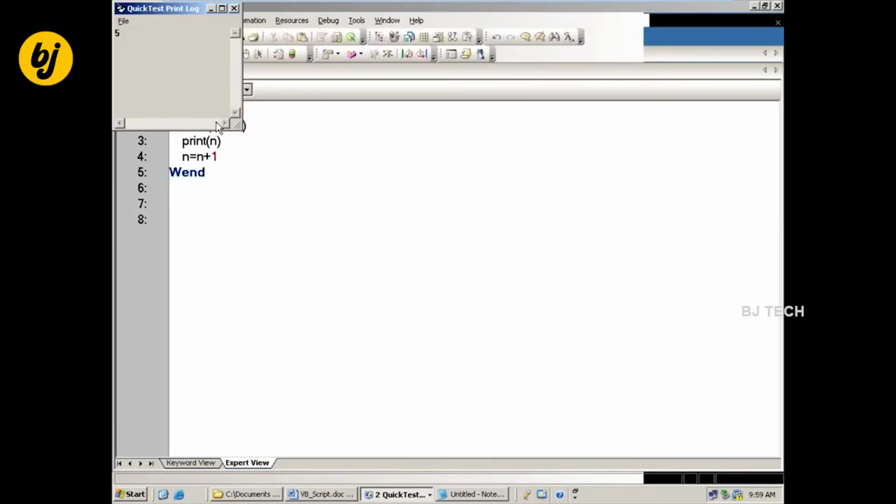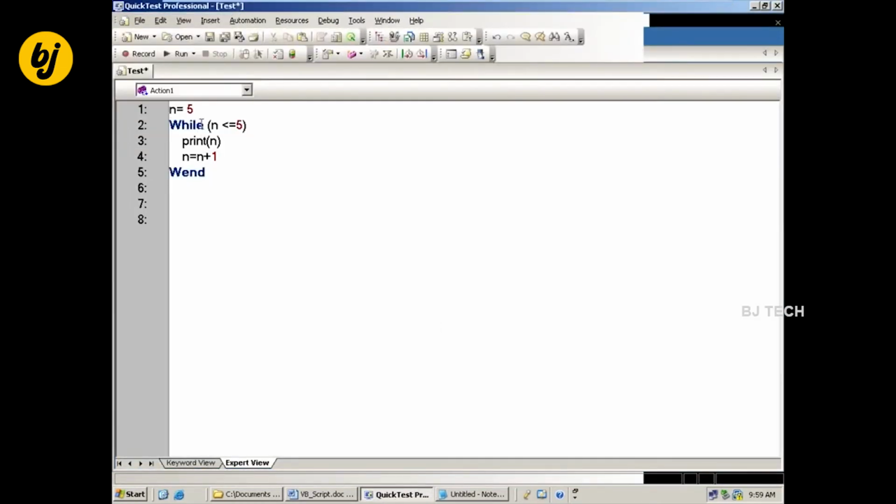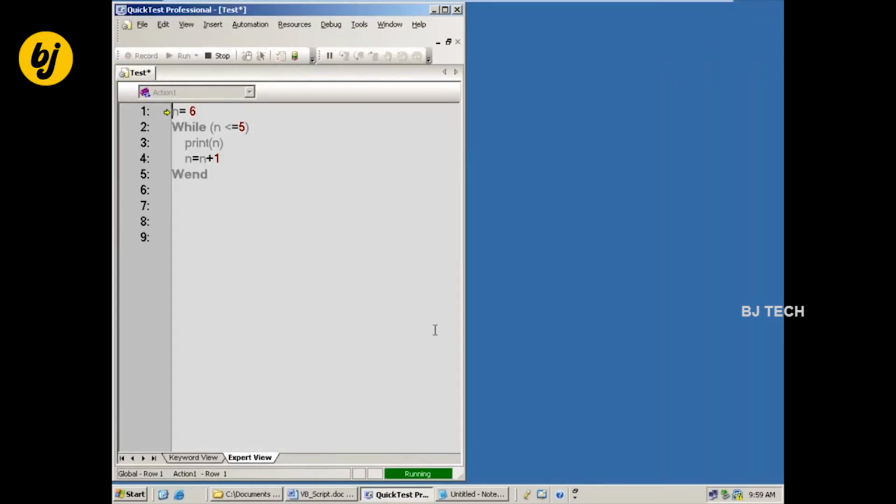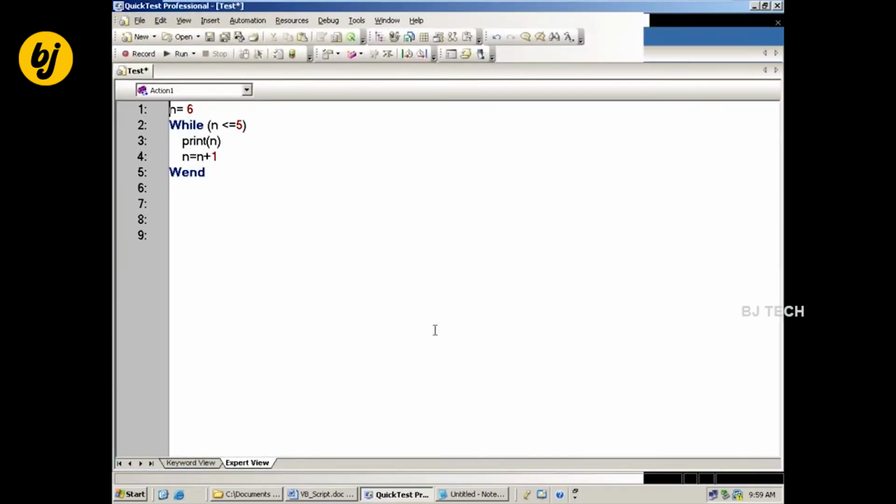Only one time it executes. If I set the n value to 6, then we get no output here, because it checks the condition, and when it is false, it won't allow the script to execute.